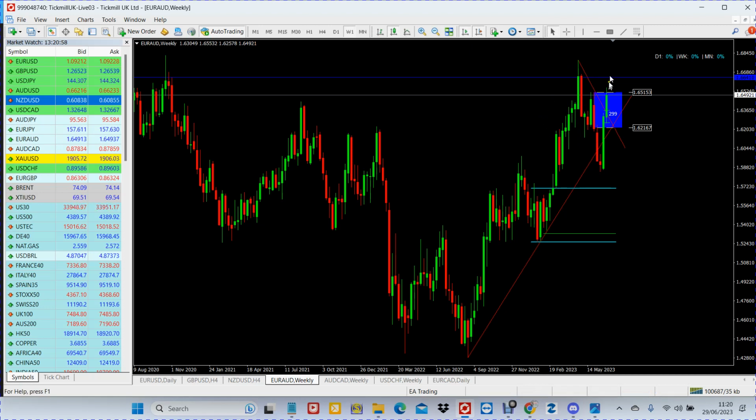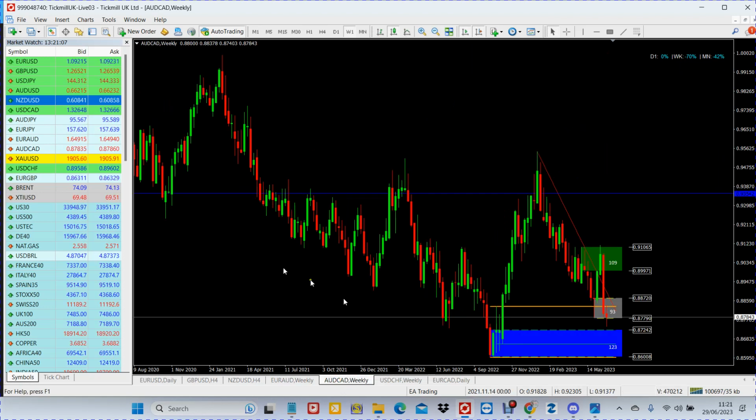If they all get taken out, there's going to be a huge liquidity spike. So that's what I'm looking at. Euro Aussie. Bit complicated, but still following the rules. Now let's have a look at the Aussie